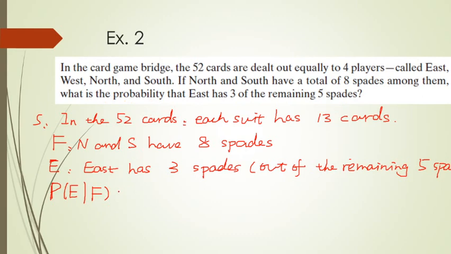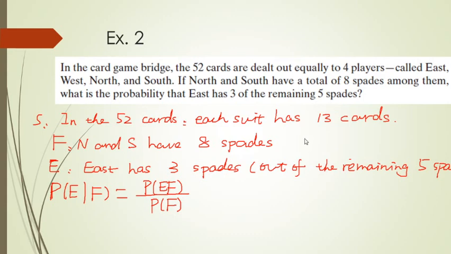So that will be the probability of events E and F both occurring over the probability of event F. Or you can describe your event E and F as north and south have already got the 8 spades, and then east will take another 3 spades, right? And the probability of event F,